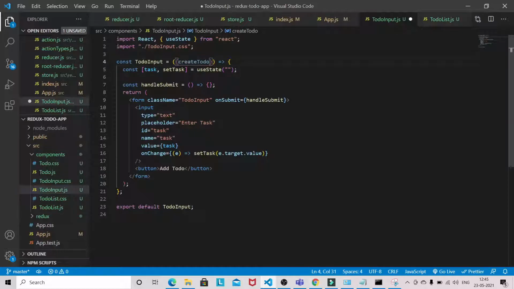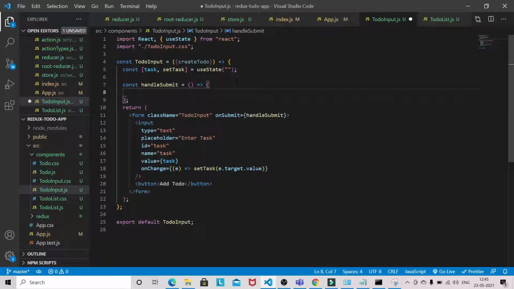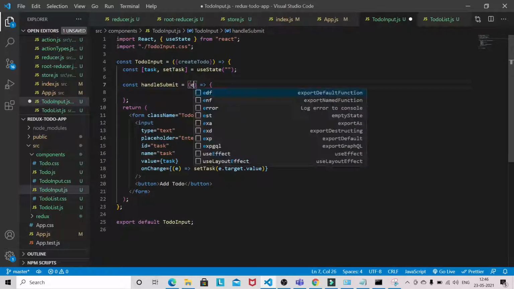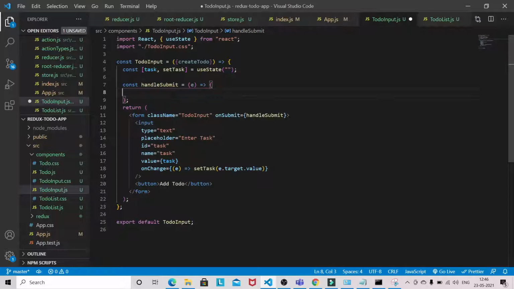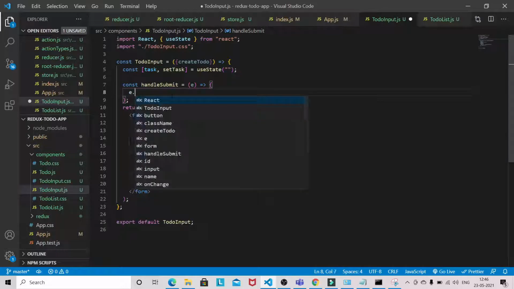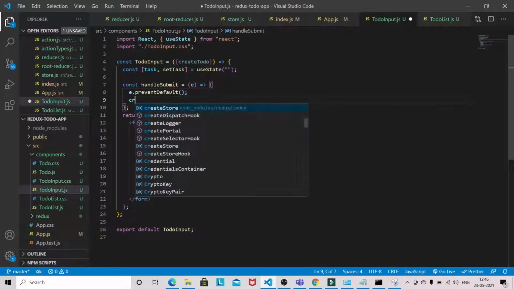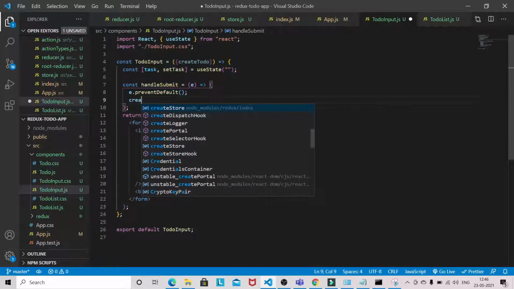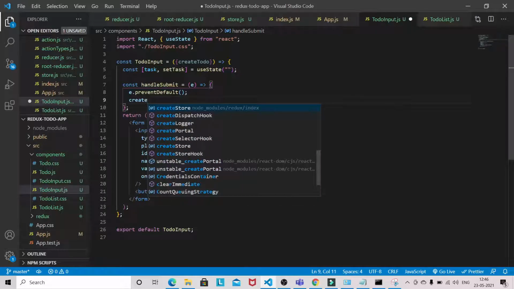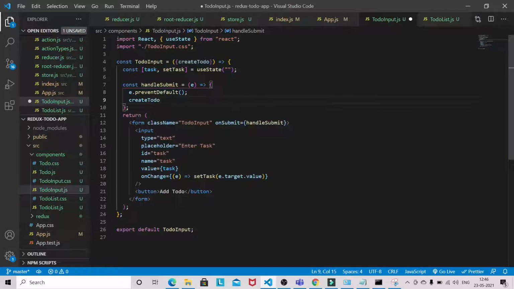Now in handle submit we will be using that create to-do. So e dot preventDefault, then create to-do will pass the task.